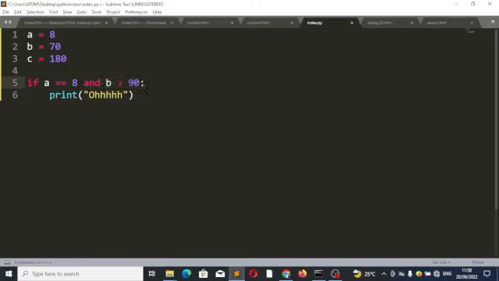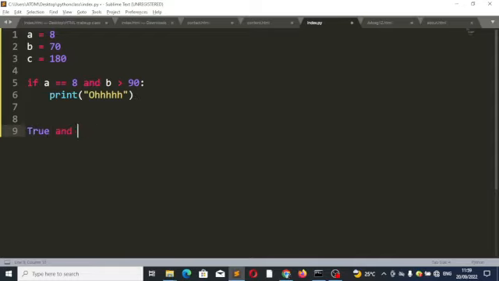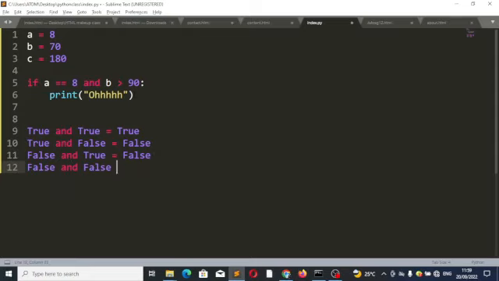So, before we proceed, I want to quickly introduce us to something we call the truth table. It will guide us and make our work much easier. Note, when you have true and true, the solution resolves to be true. When you have true and false, it resolves to be false. When you have false and true, it resolves to be false. When you have false and false, it resolves to be false. When you have true or false,